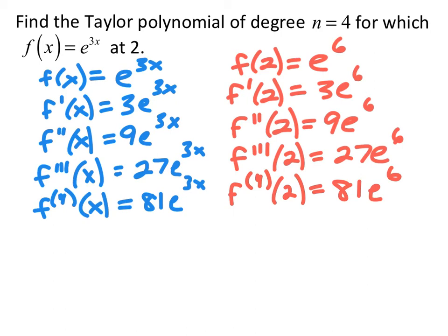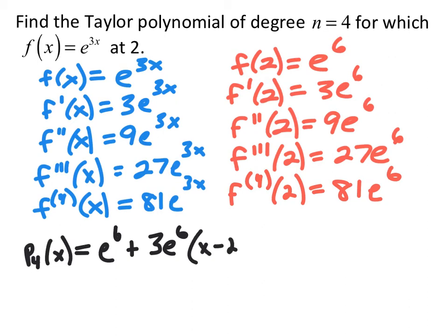But once you do that, then you can go back and actually write out your Taylor polynomial. So I want a Taylor polynomial of the 4th degree, so this is P4 of x. And with the Taylor polynomial expansion, I start off with f of 2. Well, f of 2 is e to the 6th plus f prime of 2. Well, f prime of 2 is 3e to the 6th times x minus c, which is 2, so x minus 2. And then I'm going to have plus the second derivative, 9e to the 6th, times x minus 2 squared